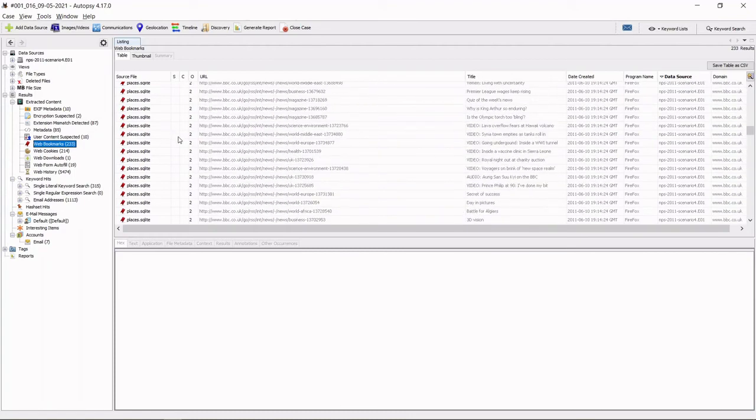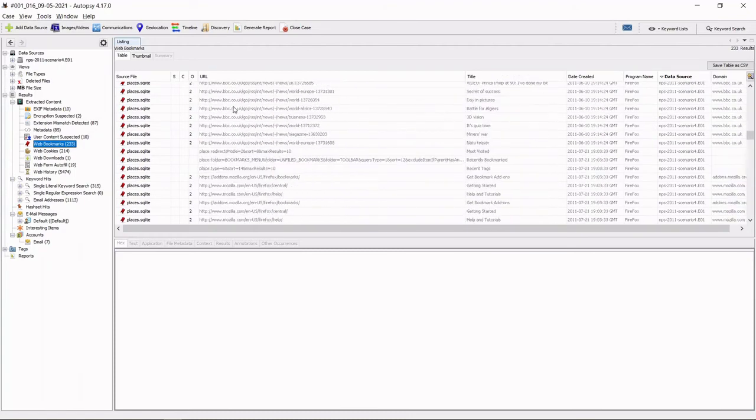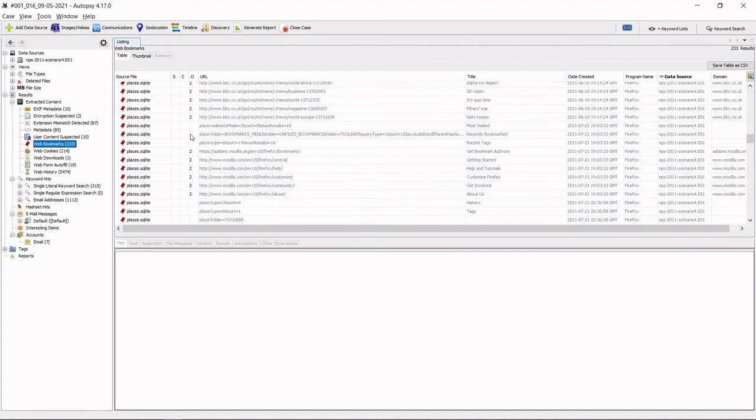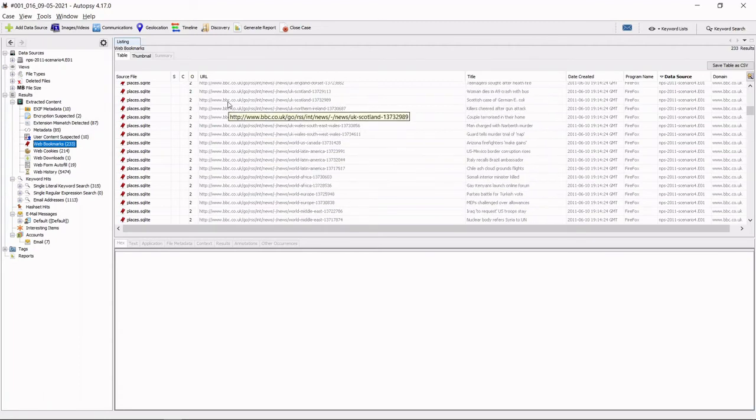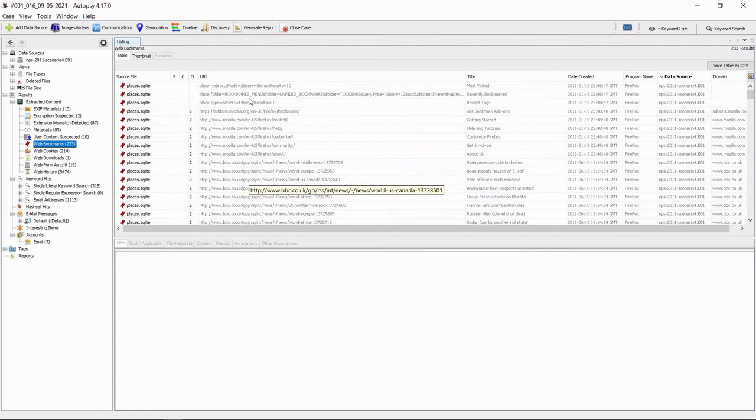I think if we study the pattern of the bookmarks, with the help of some social engineering we can get an idea of the taste of the user of that system. Here I'm mostly seeing bbc.co.uk.